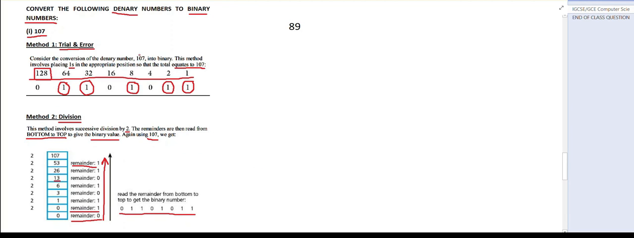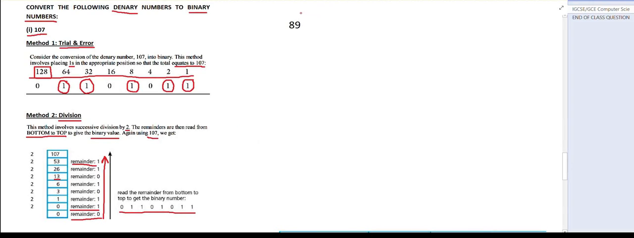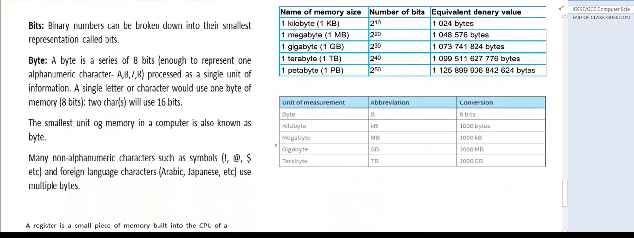Right? These are two methods, trial and error and division. This is question 89, right? You must practice it after watching this video, right? Now, moving on,